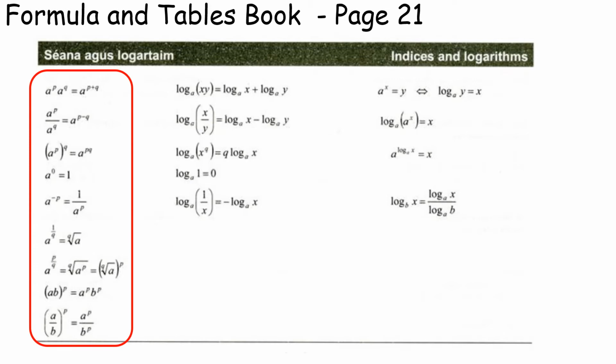And these are all the laws of indices that you've seen at Junior Cert and we're going to use as we move into Leaving Cert. So the good news is there's no new laws that have been added in. The work that we're going to do is slightly more challenging than what you would have seen at Junior Cert, but it will stay relatively the same. So for the indices work, knowing that there's nothing really new coming along means you can really focus on revising